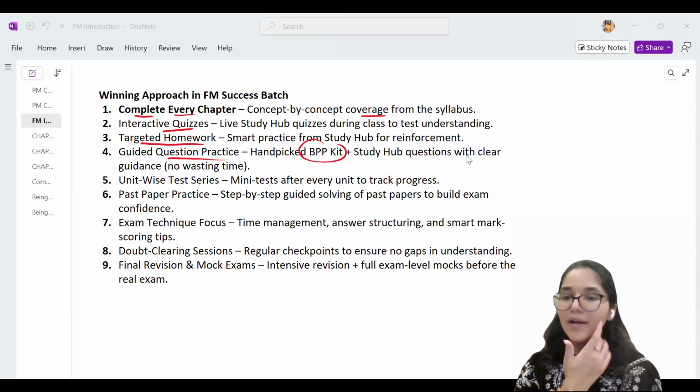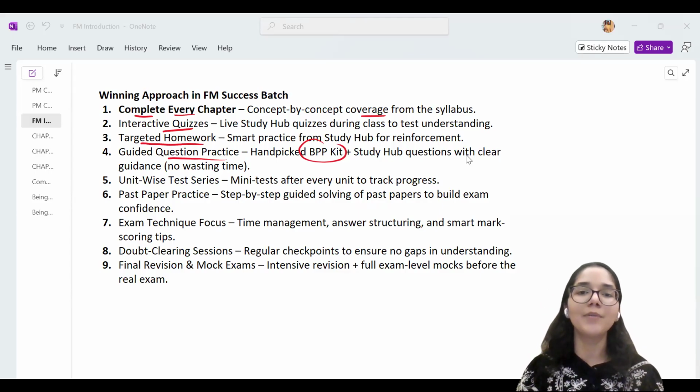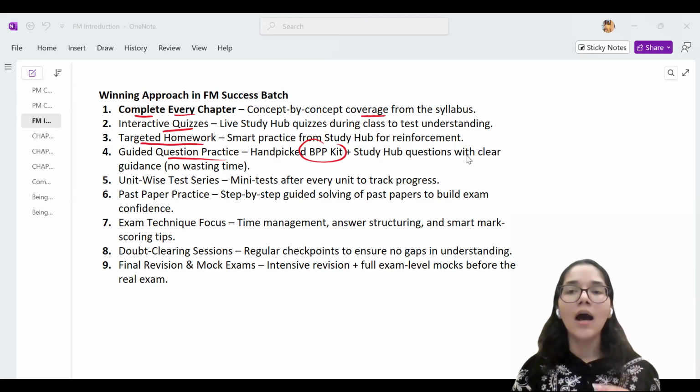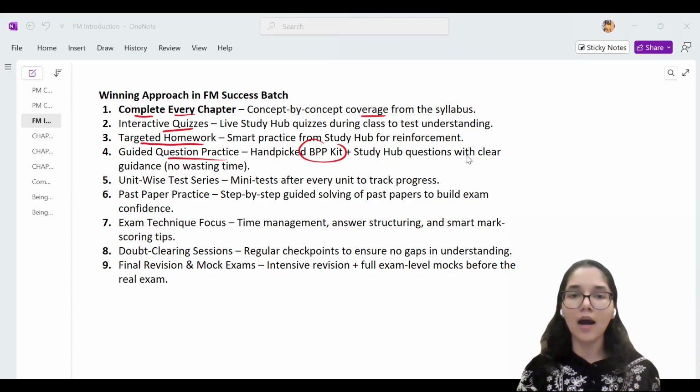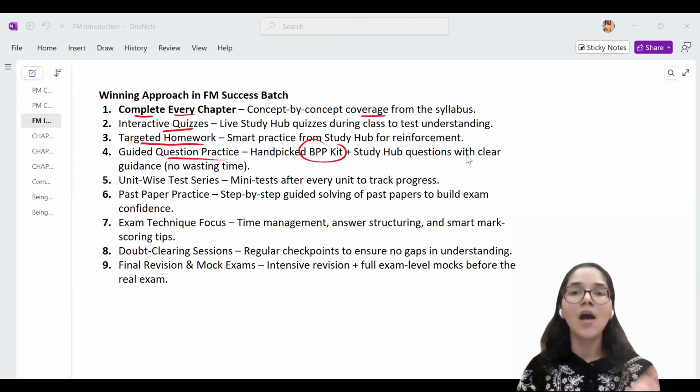There's one doubt asked by Umar. Do we need to purchase the BPP kit? No, you do not need to purchase it. I will be sharing the soft copy with you. Although the choice of whether you want to use a soft copy or a hard copy depends upon those of you who are studying, my suggestion by default is that you do not go for the hard copies.